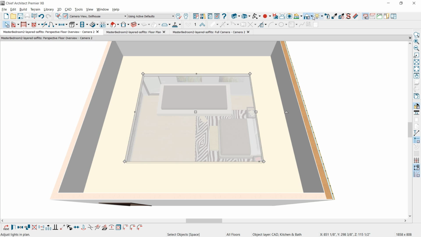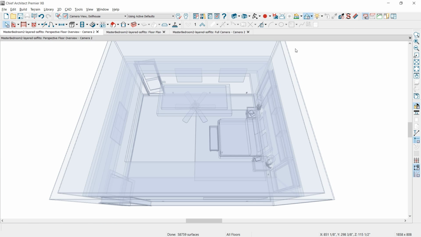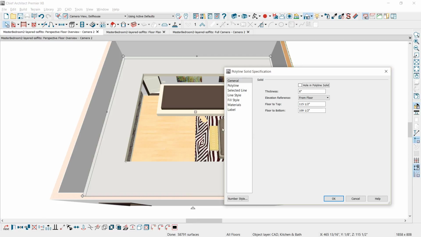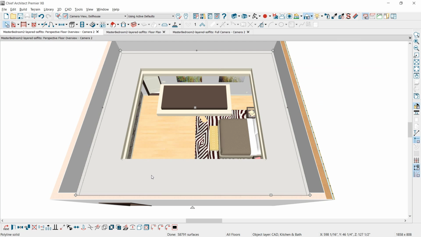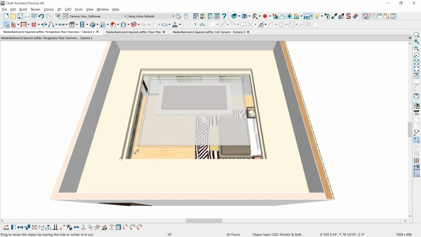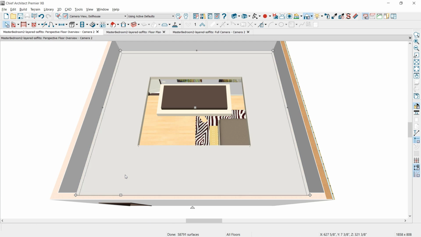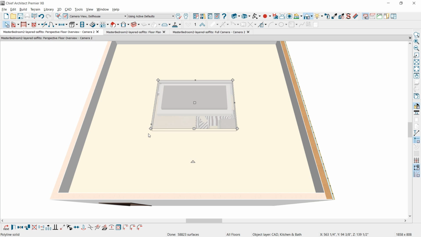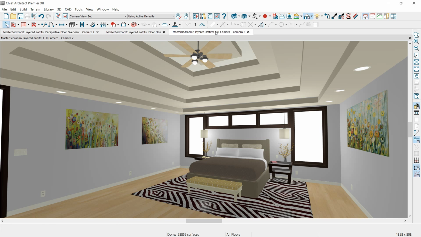You might be able to see a little bit what I've done here using the glasshouse camera resize of it. Let me change that back to the standard view here. So I'm just going to repeat this process. Select the polyline solid, use the copy in place in the lower left hand menu. While it's still selected, open it up, plus 12 inches, raises it up, select the corner, pull it in, and then one more time, make sure you have the polyline selected, copy in place, open it up, plus 12 inches, come in here, resize 18 inches, switch back to the floor camera,